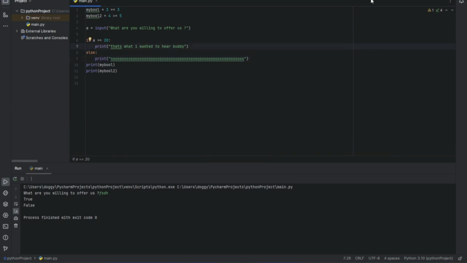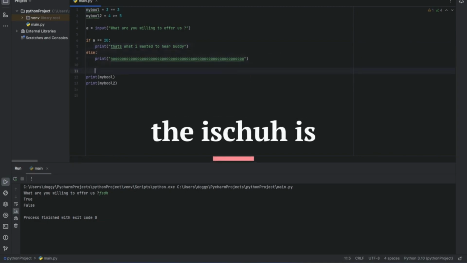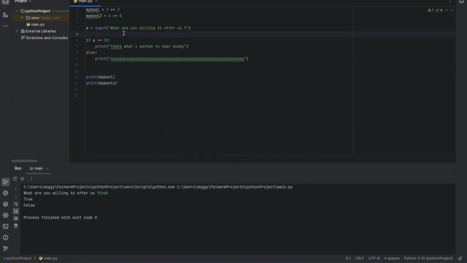So, as you can obviously see, there is one issue, and the issue is the input function asks for user input which will be saved as a string. If we ask the type of A, it will answer us as a string. So what we are going to do is use the integer function